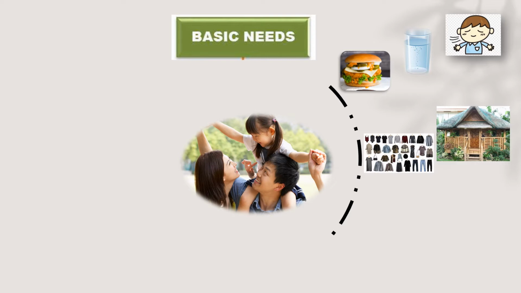So the next thing that they need is, of course, clothing and shelter. And the last basic needs that they need is safety and security. A family should live in a place and within a community where they can feel safe and secure. You know, if a family lives in a secure environment or a place, then they could have freedom to function